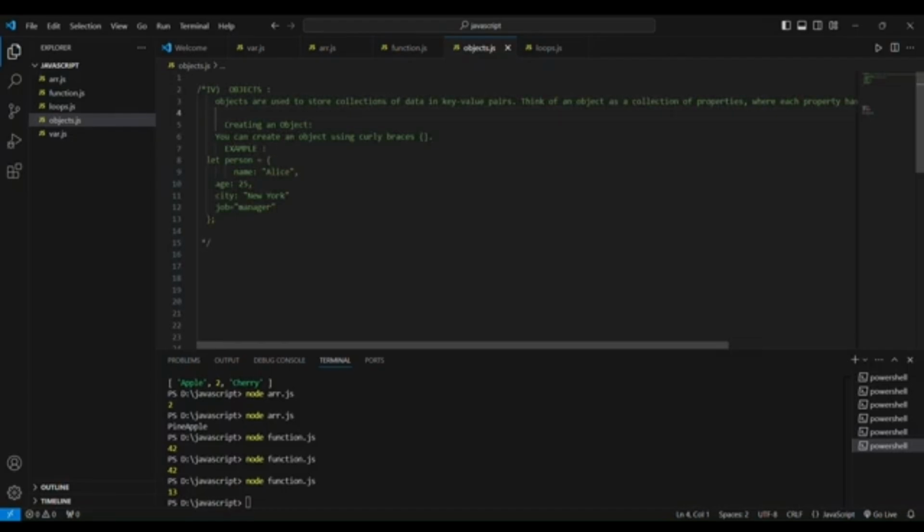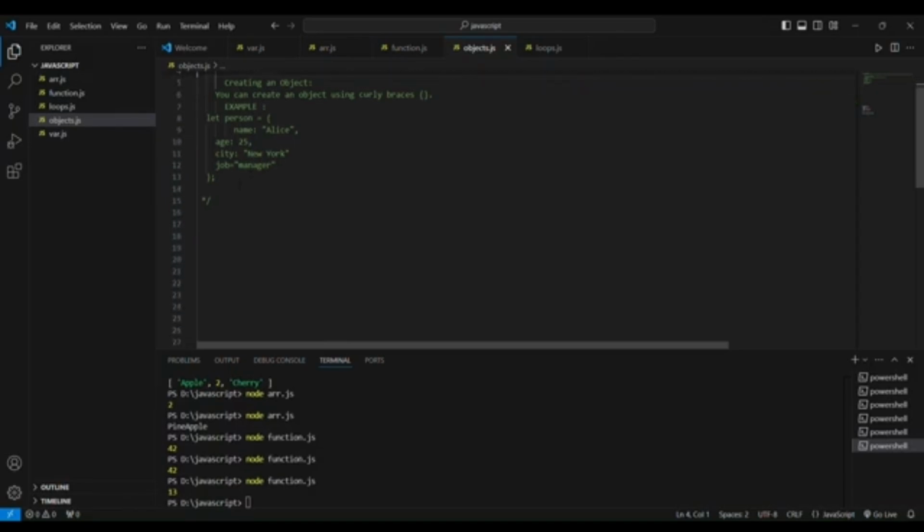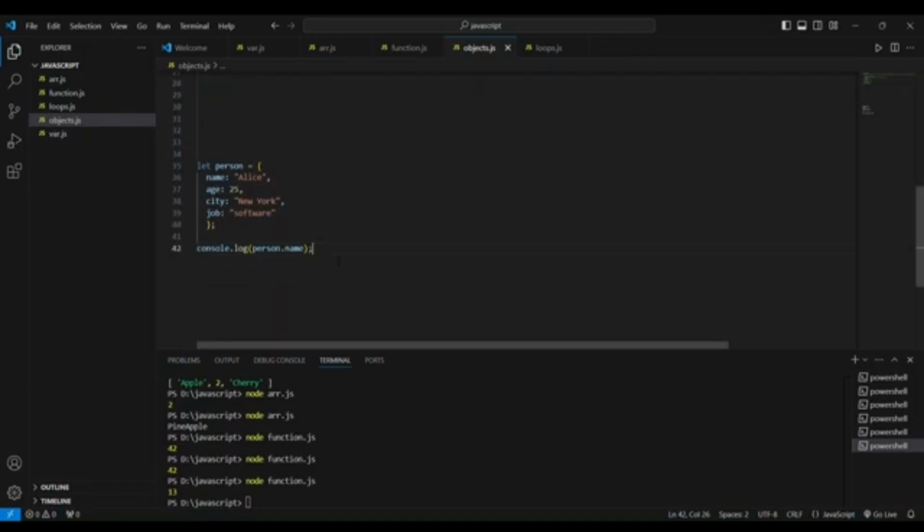Let us see creating an object. You can create an object using curly braces. Example, let person equal to, this person has properties like name is a key and Alice is the value to the name, and age is a key, that is a property of the person, and the value is 25. City is the key and he lives in New York, that is the value of city. Job, his role is manager. Now let us run. This is the code. See Alice, that is person dot name is